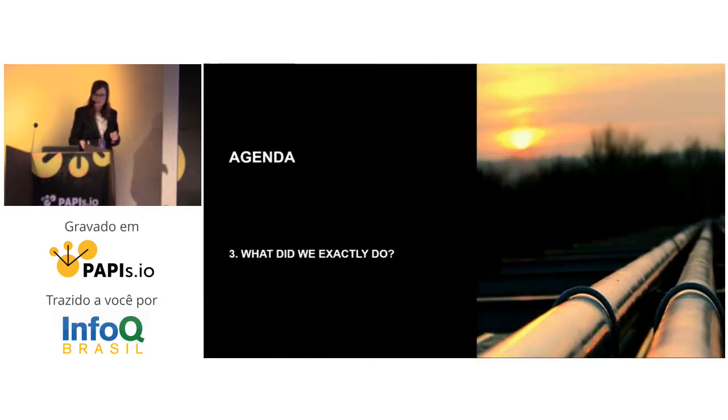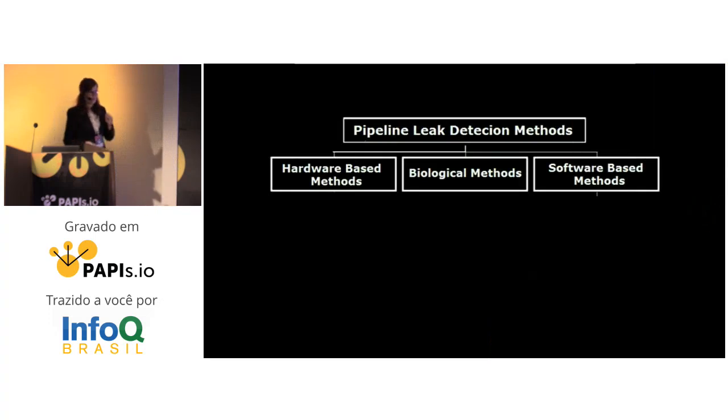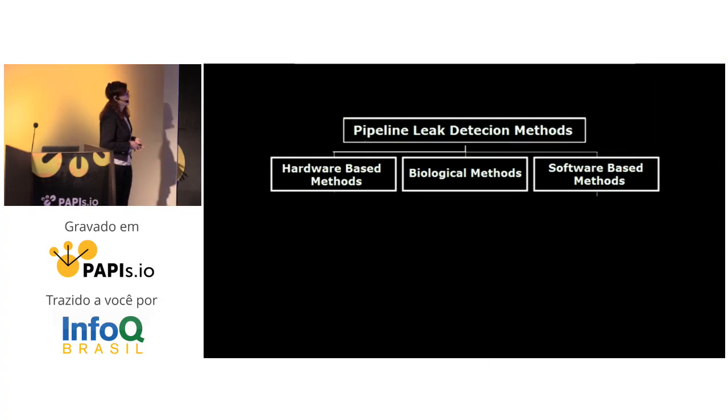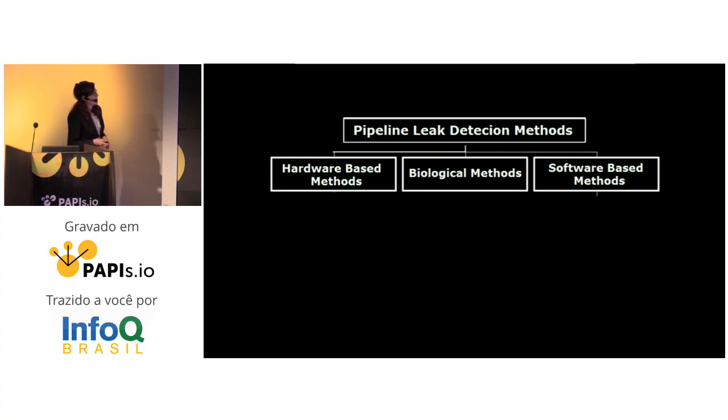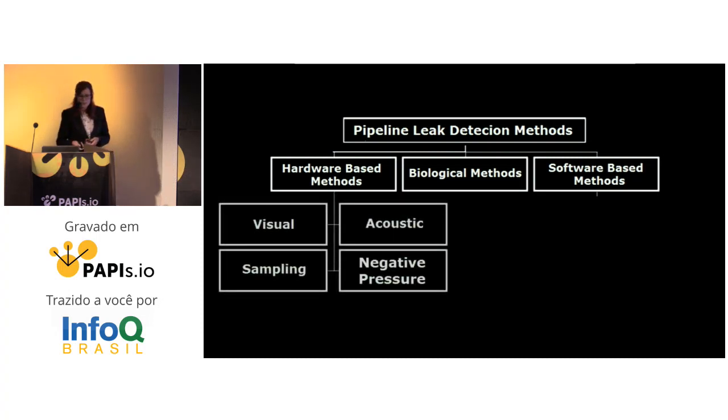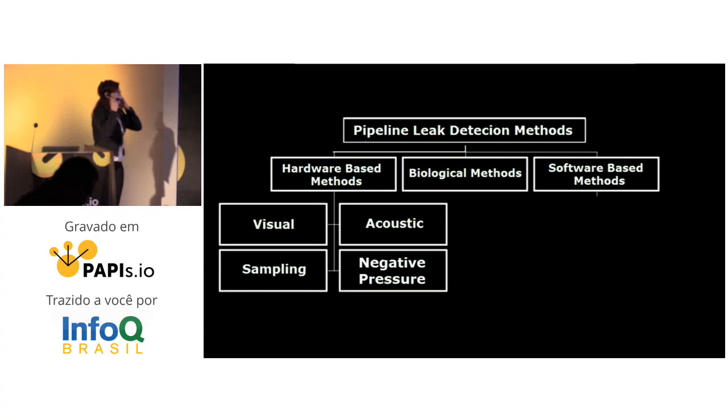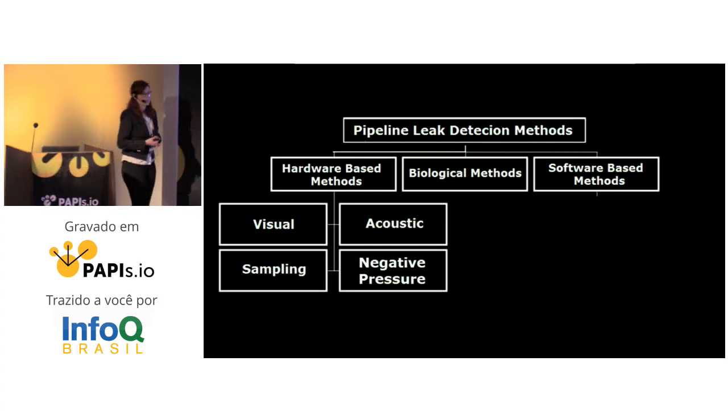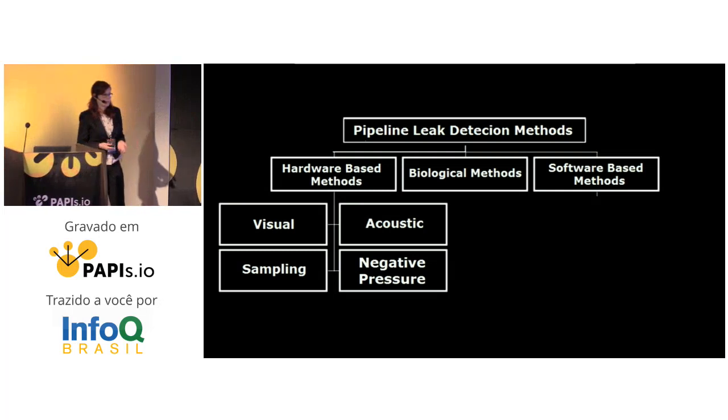What did we exactly do? So if you look in the literature, you can see that in pipeline leak detection methods, you can have hardware-based methods, biological methods, and software-based methods. In hardware and biological methods, usually the solution has a high cost, and it's for bigger pipelines, more than